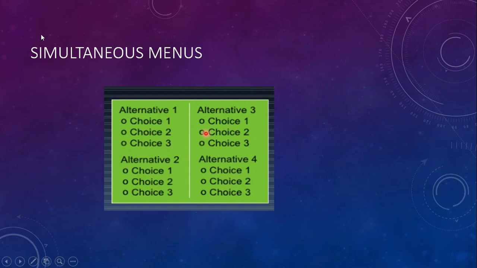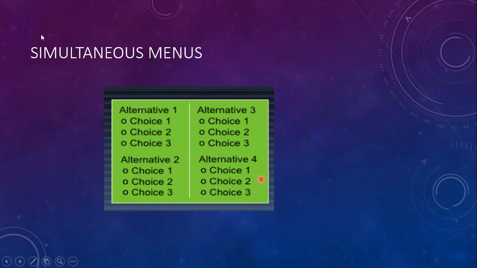So here there are advantages as well as disadvantages. The disadvantage is that on one particular screen you will have limited space.